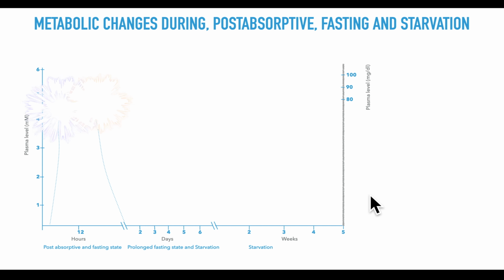So, as the person goes into fasting condition, from the post-absorptive state into the fasting state, that means 6 hours after meals and all the way to 24 hours, what happens? To maintain the blood glucose level, the glycogen present in the liver is degraded first. The glycogenolysis peaks by 12 hours, make sure you remember that, and it is completely depleted by 24 hours.